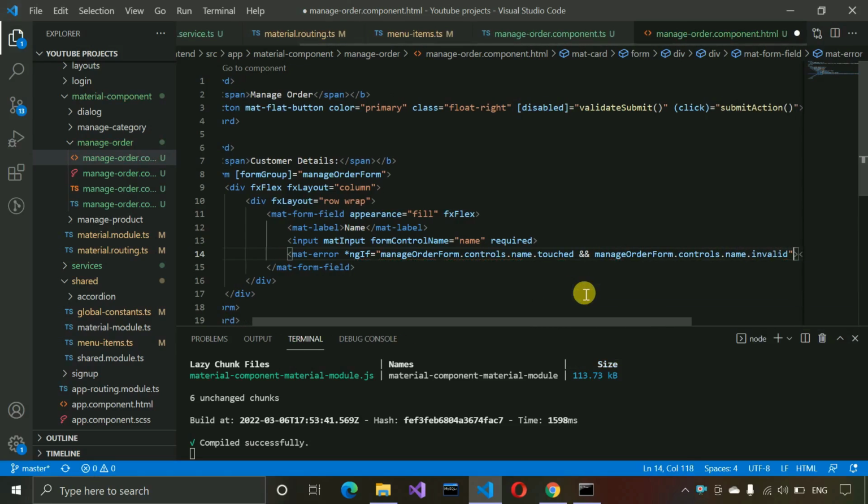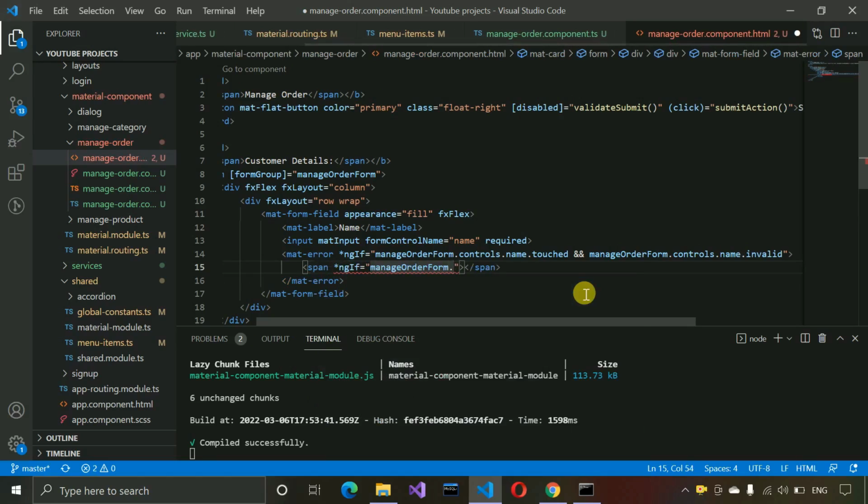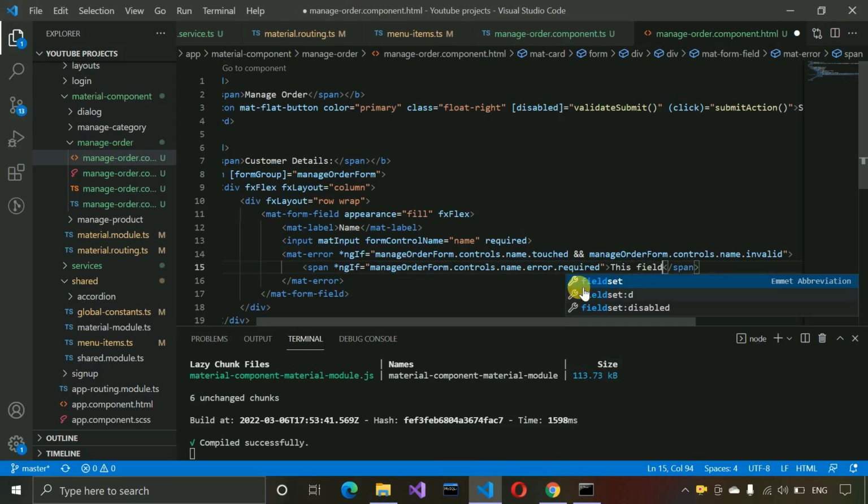In these two conditions we need to display this one, and here we have to write a span, and here we need to write a star ng if condition. Let me paste it over here, ng manage form dot controls dot name dot error dot required, and here we need to write this message, this field is mandatory,